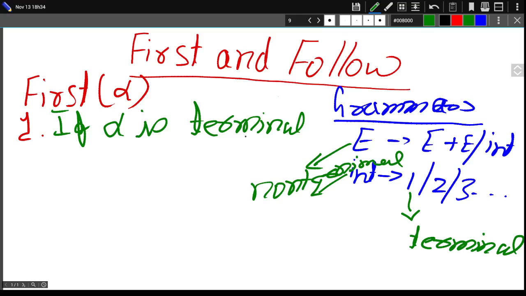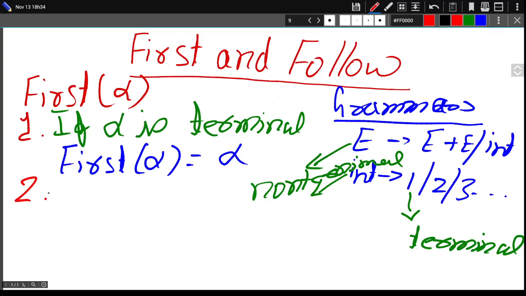If alpha is terminal, in that case first of alpha will be the terminal itself. Okay. Now the second rule says